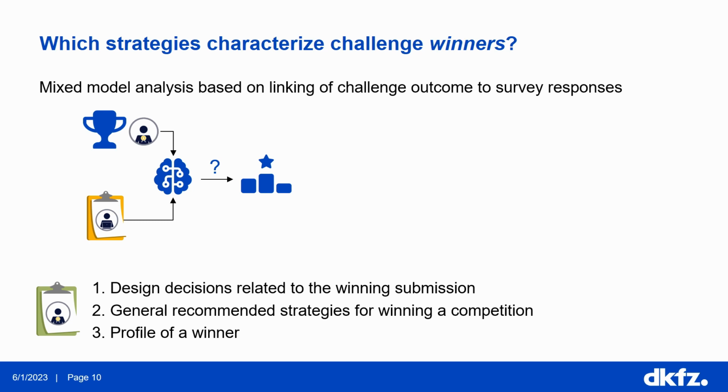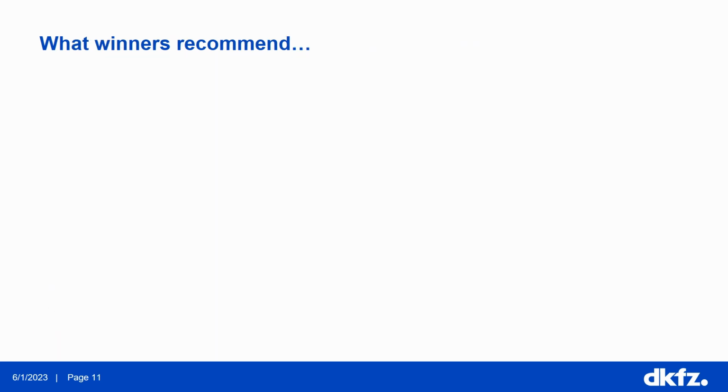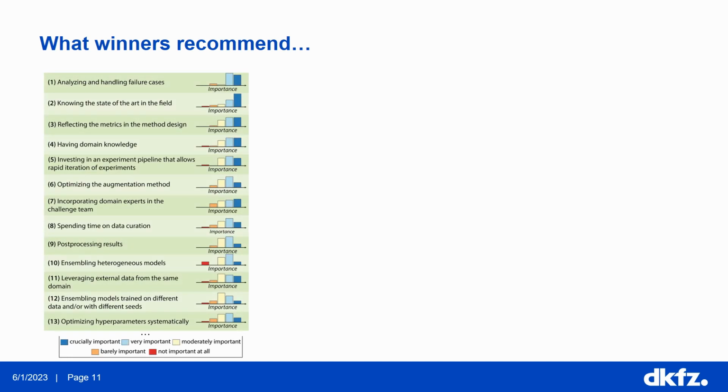Let's start with the general strategies. We asked the winners to rate potential strategies for winning a competition. Here they are ordered by the number of times they were rated crucially important and very important. And the distribution of importance is shown for each strategy. Interestingly, one of the top 3, reflecting the metrics and the method design, was also the most important strategy according to our mixed model analysis. Of note,